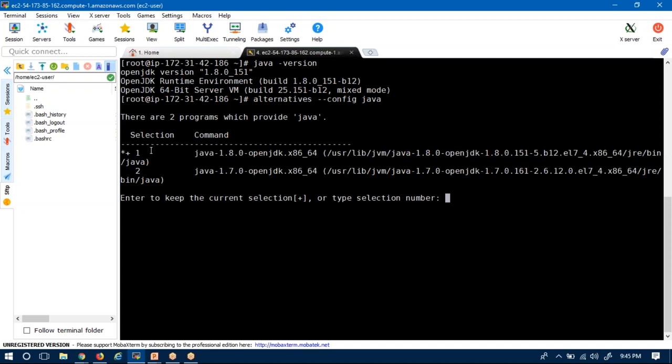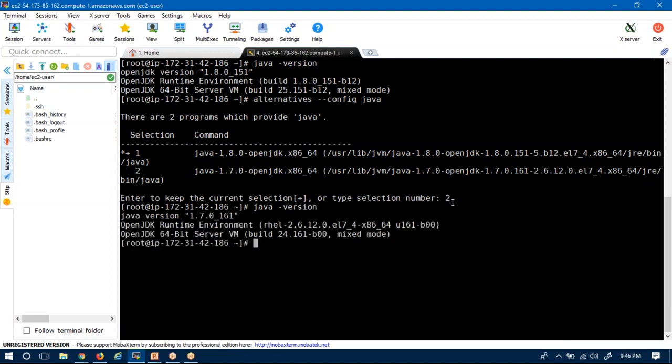If you observe here, the first Java is 1.8 and a star is there, meaning that is the default Java. Now I want to make 1.7 the default. For that the number is 2. Type the number, then enter. Now if I run the command java -version, you are getting 1.7.